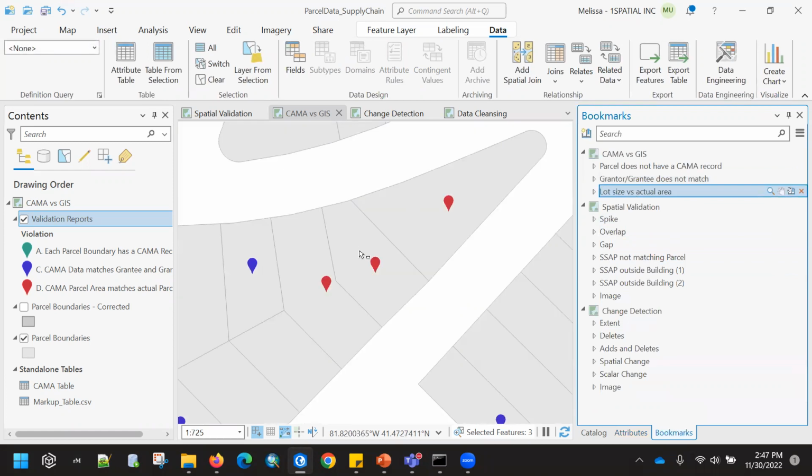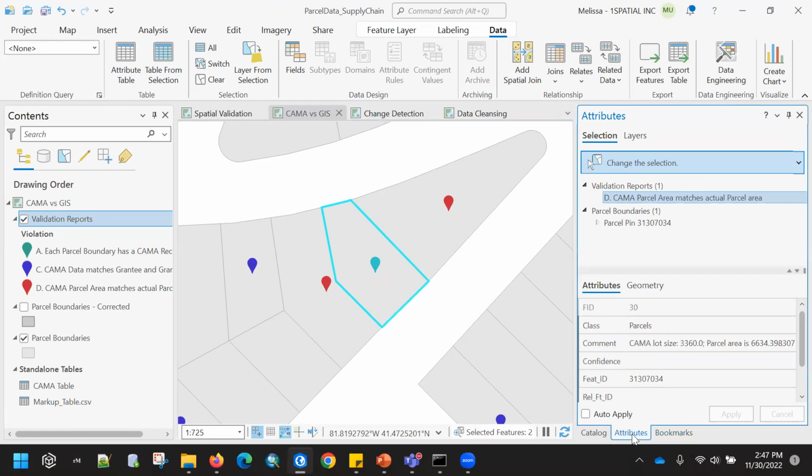Let's take a look at another example. This is where a CAMA parcel area does not match an actual calculated parcel area. One of the reasons our customer wanted this check is that they really wanted to find any dramatic changes between values.